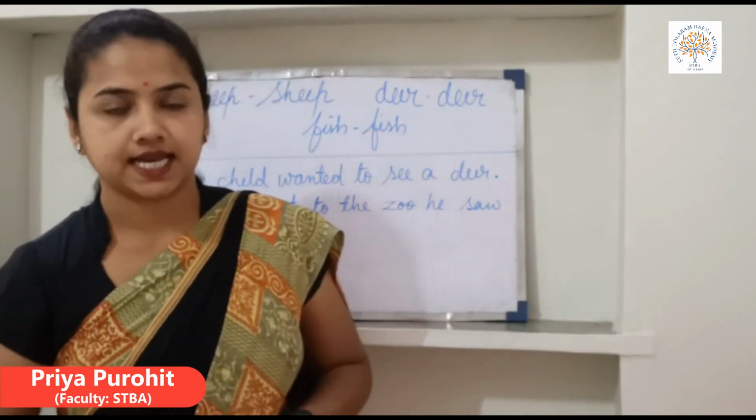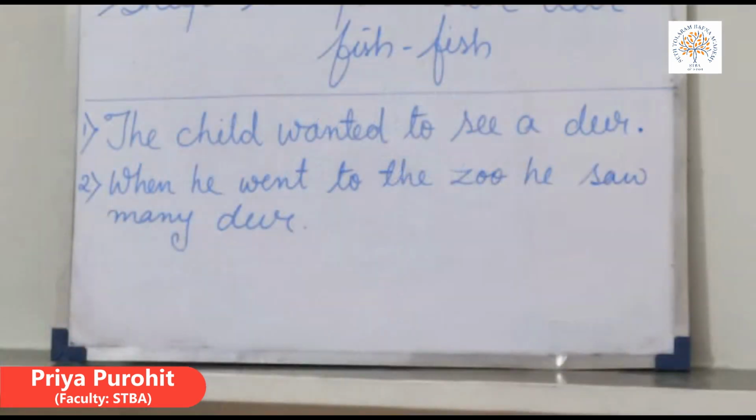First sentence is, the child wanted to see a deer. Here deer represents the singular form. And next is, when he went to the zoo, he saw many deer. Here deer represents the plural form. So you can see there is no change in deer and deer,